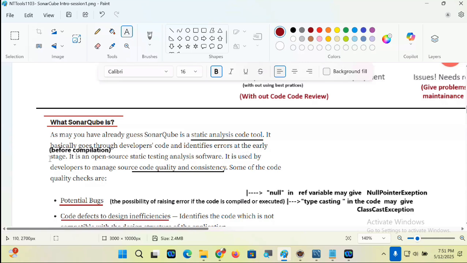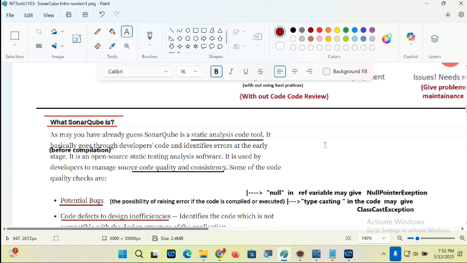Definitely identifies the errors at an early stage. It is an open source static analysis software. It is used by developers to manage source code quality and consistency. Some of the code quality checks are.